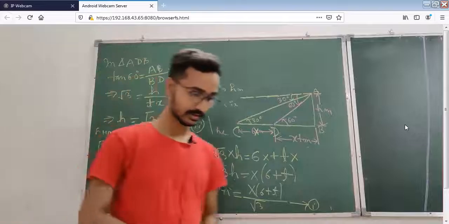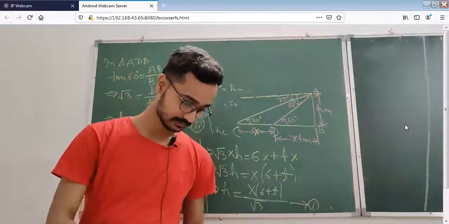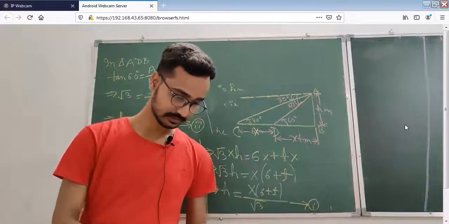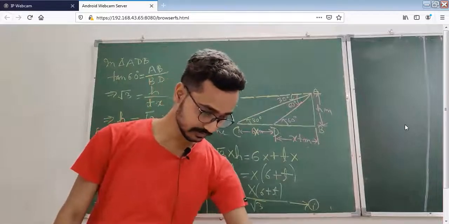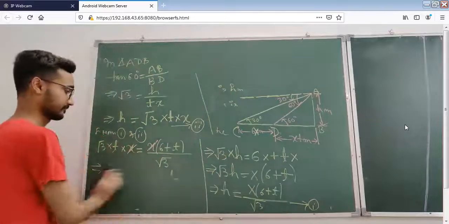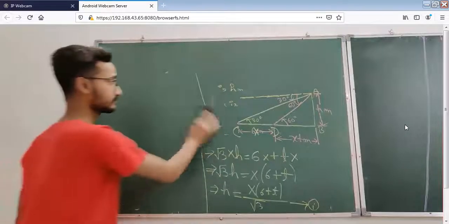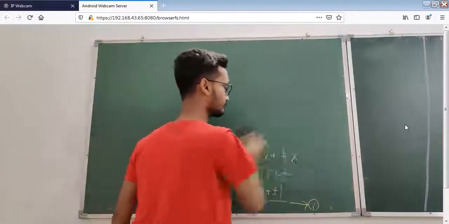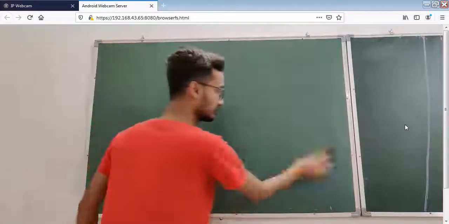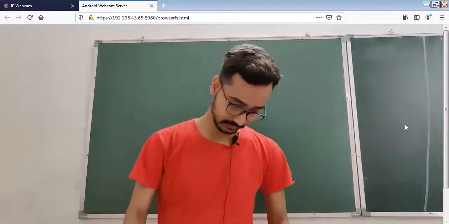Okay, clear? So the last question, question number 16. Then our exercise will be completed. Our whole trigonometry chapter will be completed. Then from the next class, I am going to discuss the sample paper and the questions from R.D. Sharma. Okay. So see the last question, page number 205, question number 16.